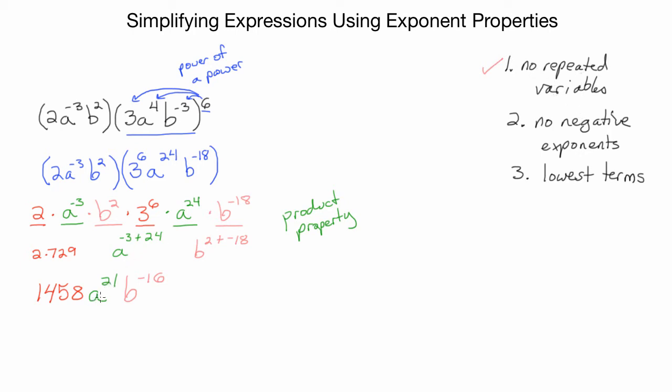I've got it down to where there are no repeated variables, right? Got a to the 21st power, there's only one a, there's only one b. I've got things in lowest terms, so there's no fractions to simplify. The only thing I still need to figure out is getting rid of all my negative exponents. I have this b to the negative 16th power. So I need to use my negative exponent property